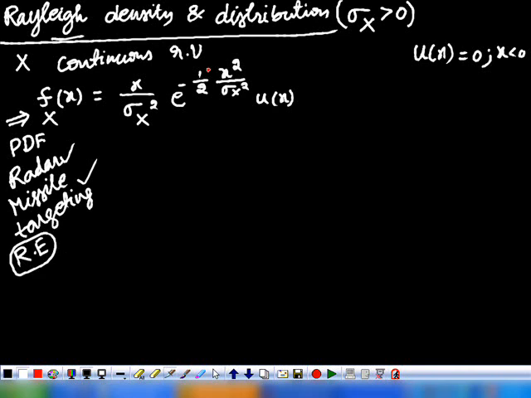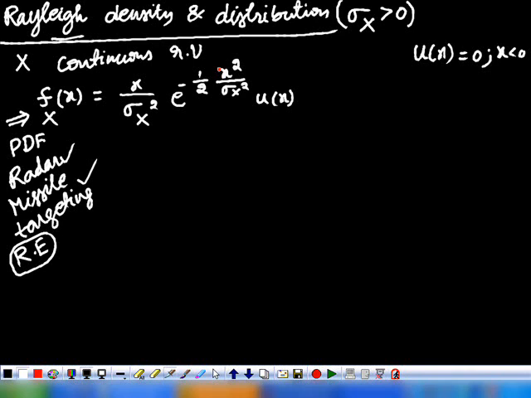If you observe the uniform density function that we already studied, it is especially used in quantization techniques. In third year, you will study digital communication, and you will come to know the meaning of quantization. I think you already know it, as you are already studying signals and systems. What is the difference between a continuous time signal and a discrete time signal? If you sample the continuous time signal, we get the discrete time signal. Now, what is the difference between a discrete time signal and a digital signal? We quantize the discrete time signal and encode it to obtain the digital signal.